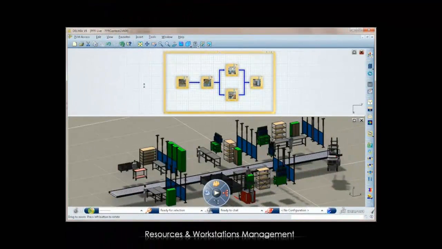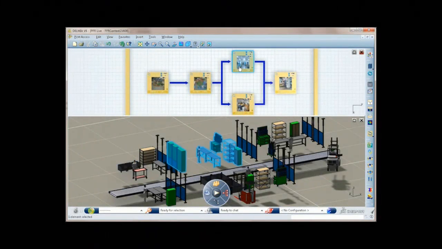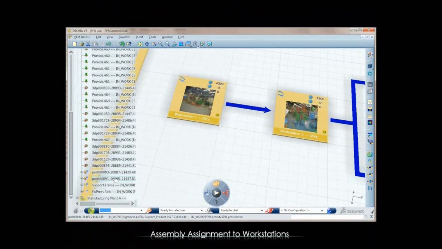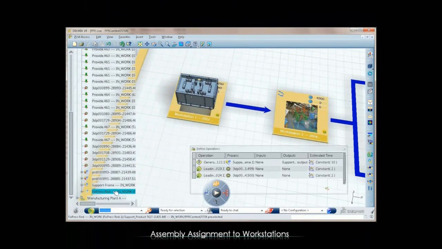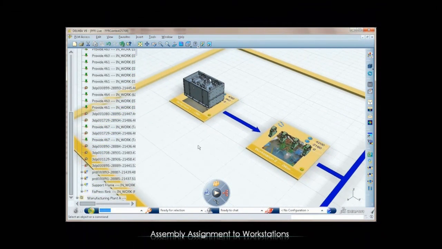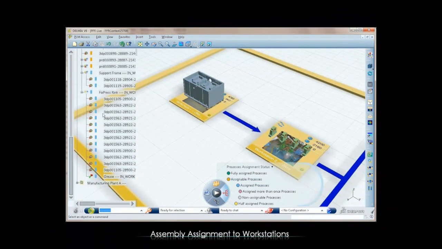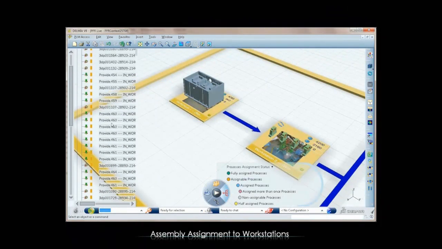In addition, the single source of speed industry experience solution allows a definition of the manufacturing resources of a given shop floor together with their workstations and the layout. The manufacturing engineer assigns every manufacturing assembly to workstations and then creates manufacturing operations corresponding to each step required to assemble the product. With the help of the compass, the user can see his work in progress by easily finding